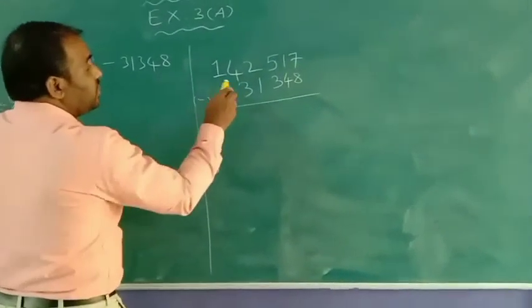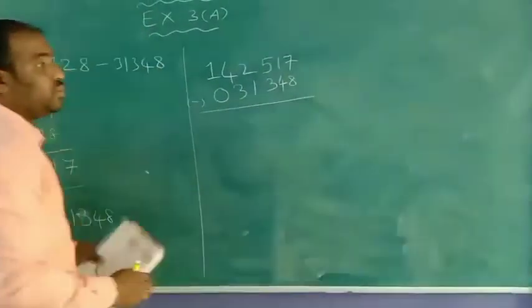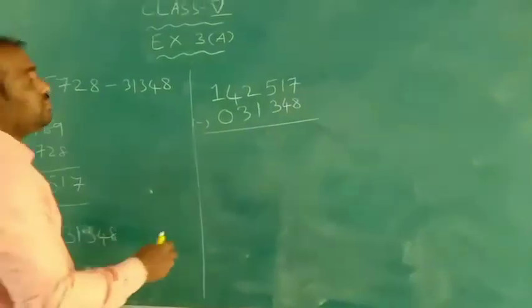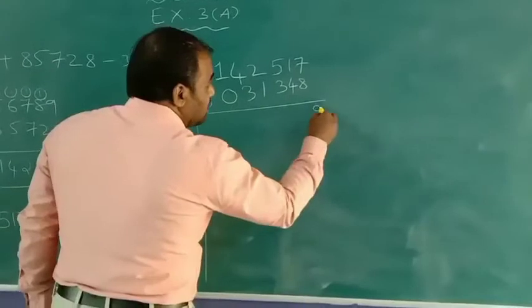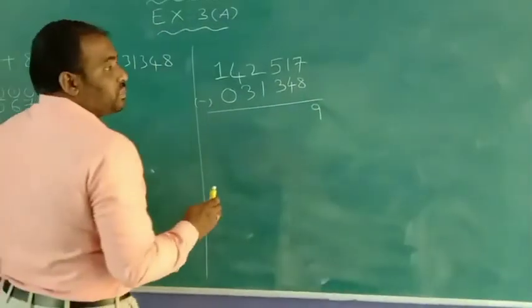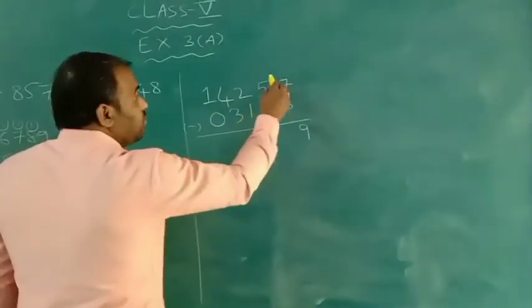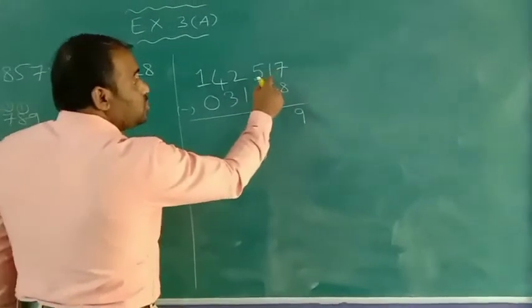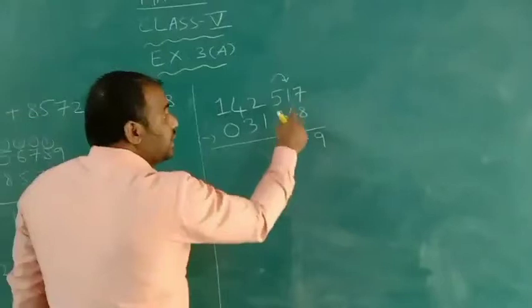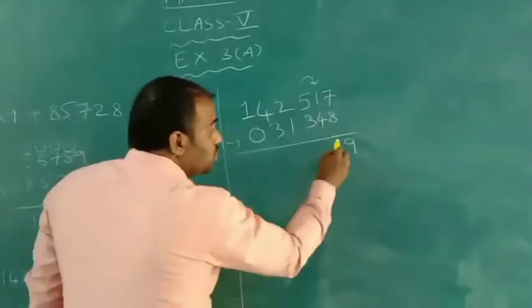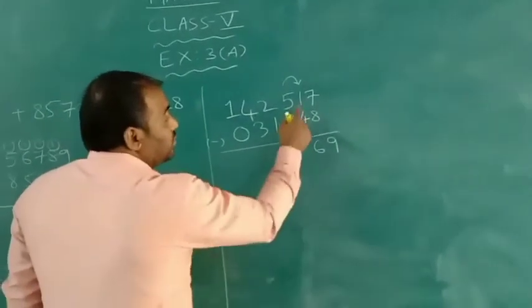Now subtract, very easy. 7 minus 8 not going now. Take one borrow, it becomes 17. 17 minus 8, 9. Are you clear beta? 17 minus 8, 9. 1 gave now. Here what is left? 1 gave, 0 left. Take one borrow. It becomes 10. 10 minus 4, 6. Okay.